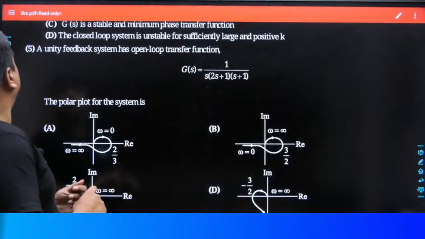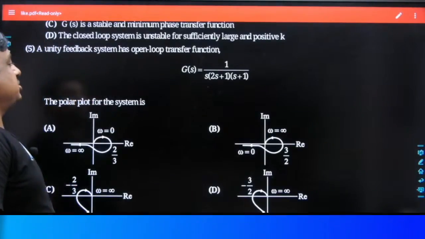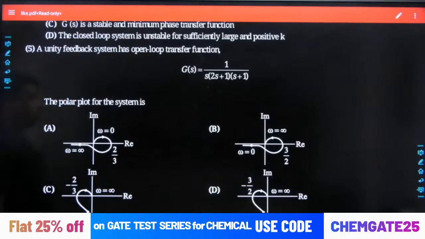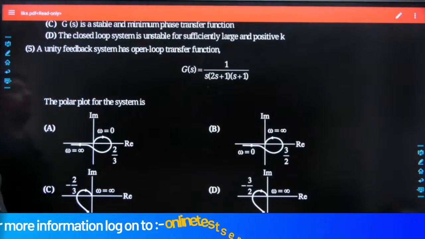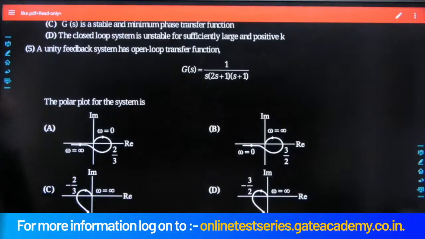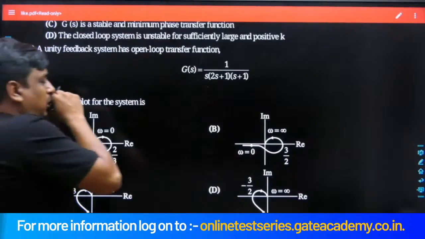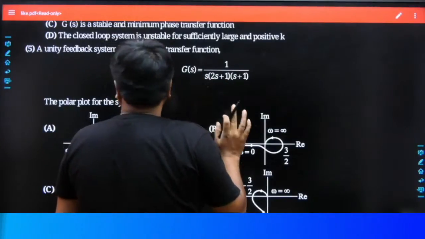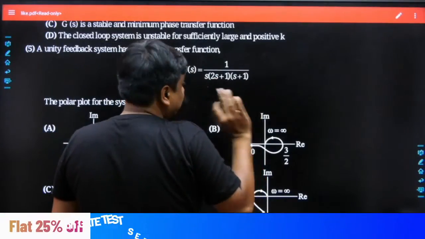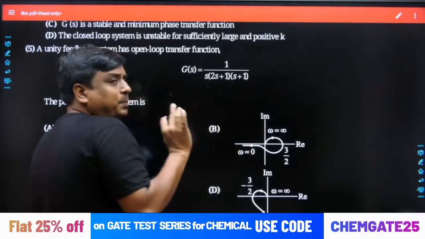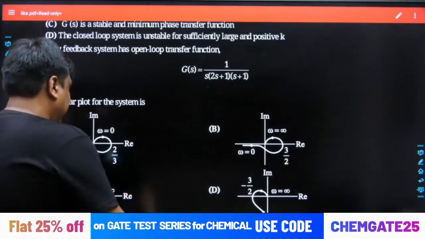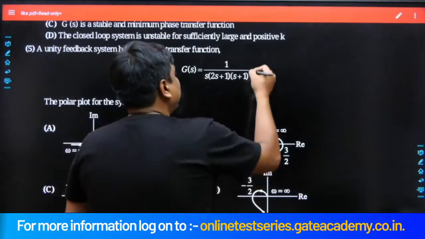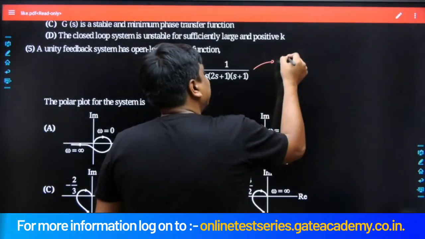So I think it's the right time to take question number 5. Tell me what could be the best answer for this given problem. Once you read this problem carefully, one thing is quite sure. There is not any component of minus sign over here. I can say it is the standard or MPS form of the system. I repeat, it is an MPS form of the system. And as it is the MPS form of the system, a few important conclusions I can derive out of it. As it is a type 1 system,